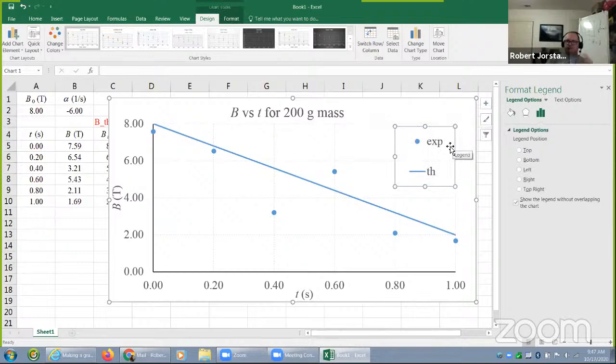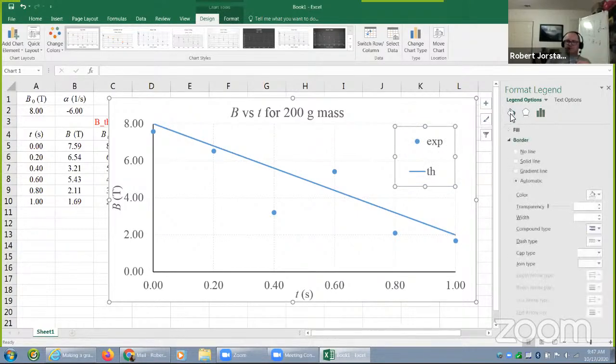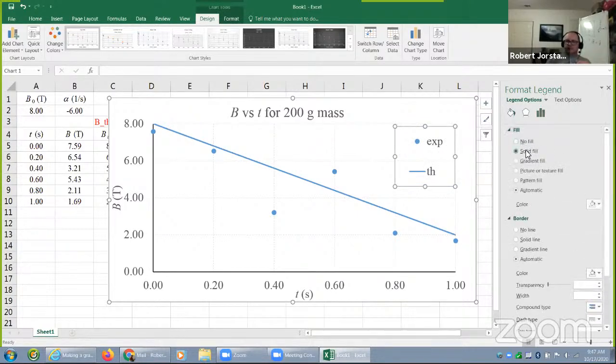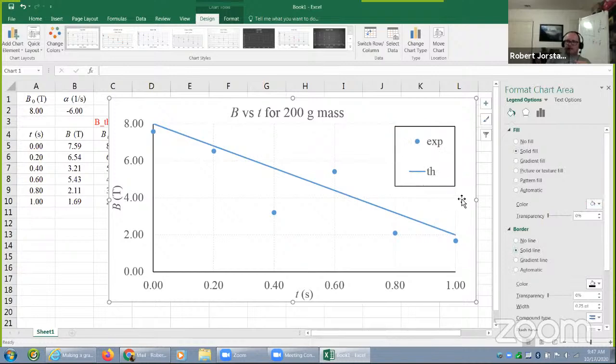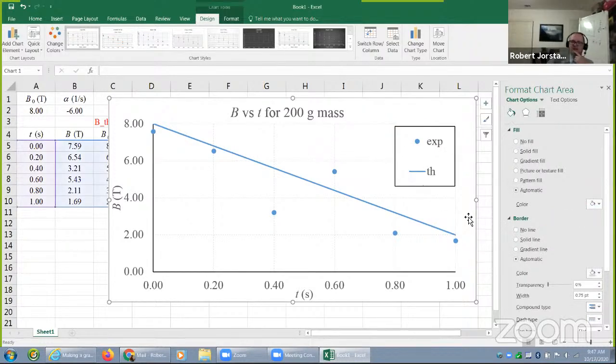If you want to fill in the legend, that's fine, but we could do this. Fill, solid fill, and maybe just make it white. There we go. And we can put a solid line around it. That way the legend really pops. This is a great graph. This is a graph showing an experimental data set plus a theoretical data set. A different type of graph has just an experimental data set and a trend line. That's a little bit different. More on that